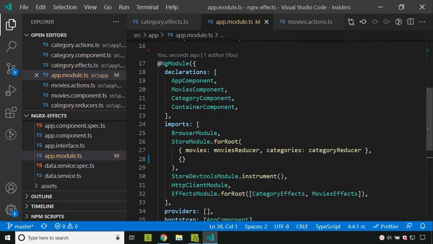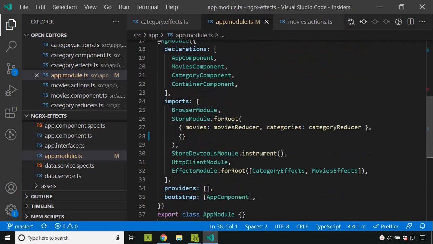By now you would have seen that NgRx effects are very much similar to the Redux concept of thunk actions. Similarly, we have another concept in NgRx called meta reducers. Meta reducers are very much similar to the middleware concept in Redux. You can consider meta reducers to be like a lifecycle hook that happens just before a normal reducer gets invoked. So in case you need to do any pre-processing, you can do that here.